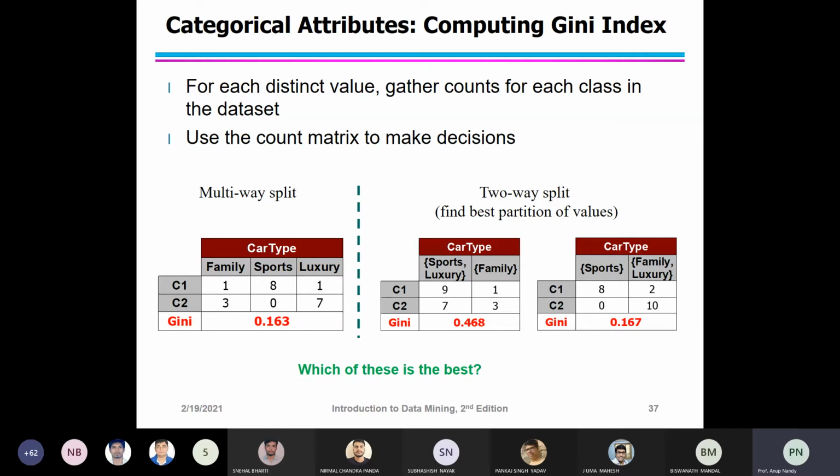Out of these, 0.163 is the minimum. So the multi-way split has a smaller Gini index compared to the two-way split. The split with the lesser Gini index is the one we take. That is the objective for categorical attributes.